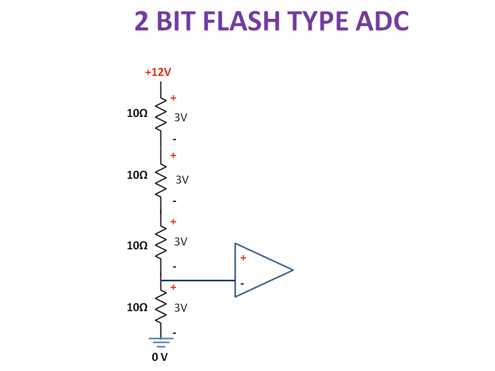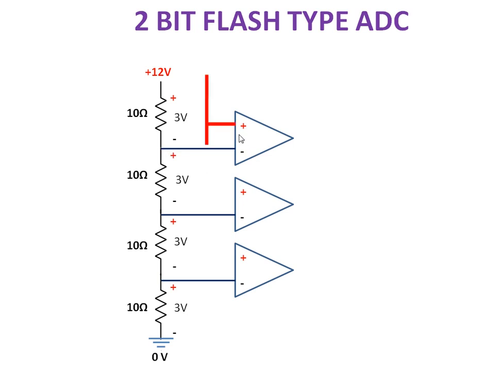So now take a comparator, the first comparator. The negative terminal of the comparator is connected to this point, and take one more comparator, again the negative terminal is connected to the second resistor. The third comparator's inverting terminal is connected to the third resistor, and in the positive side,